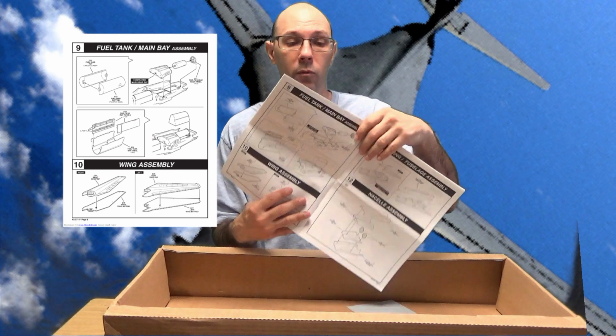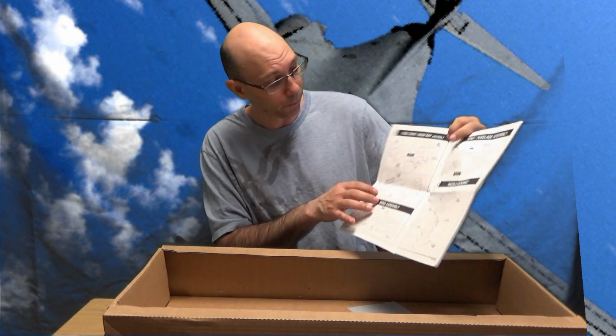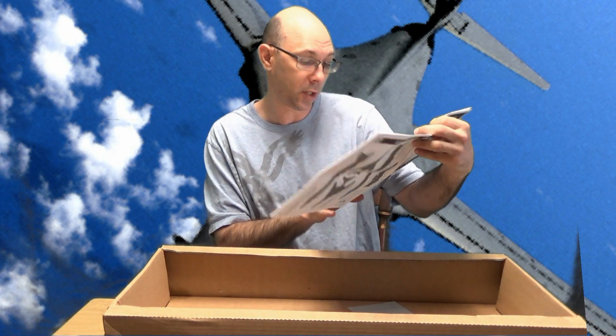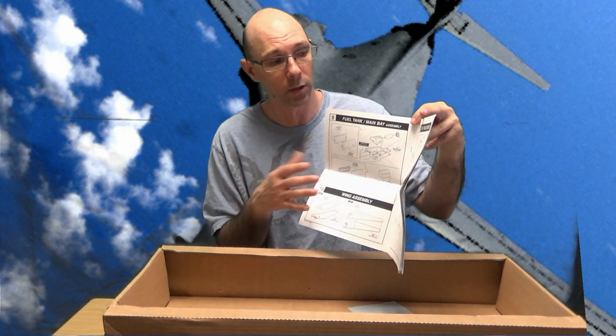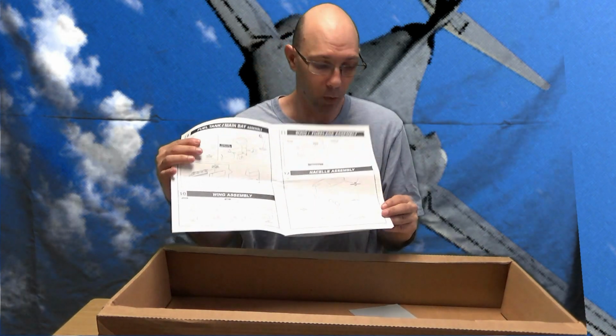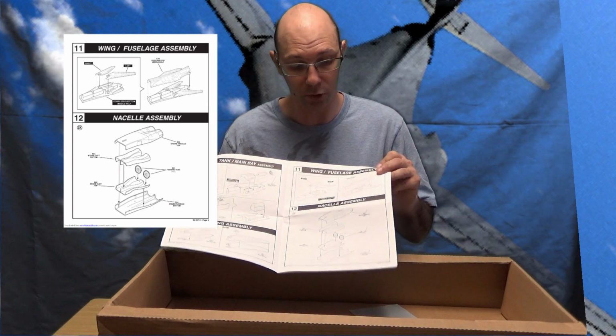Page 8, we have step 9 right here, which is the fuel tank and the main bay. And then we have page 10, step 10, which is the wing assembly. As you know, it's 2 wings. So over here, on this side, page 9, you have step 11 and 12, which is the wing assembly and